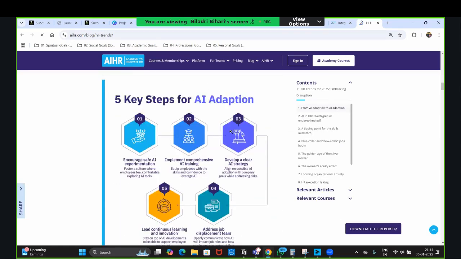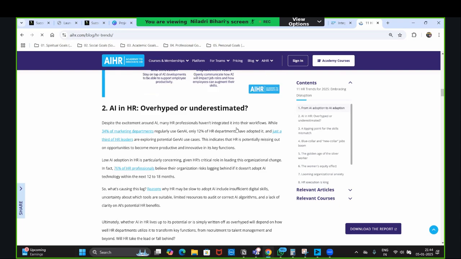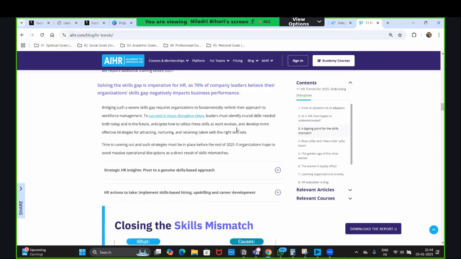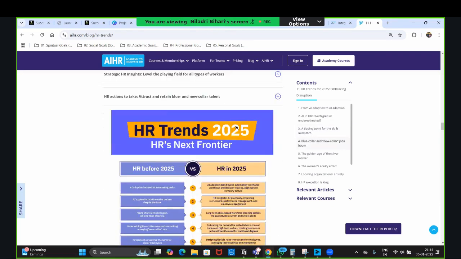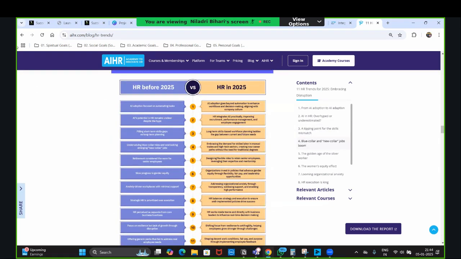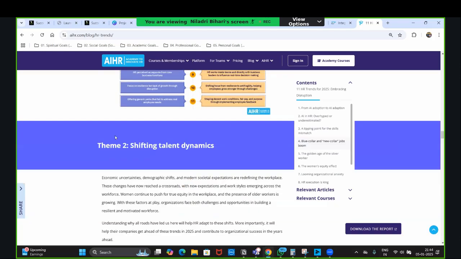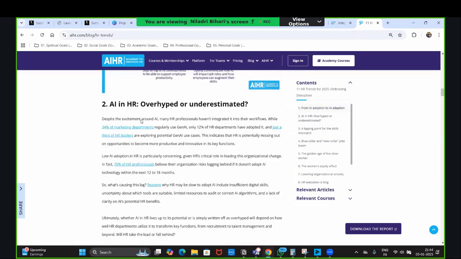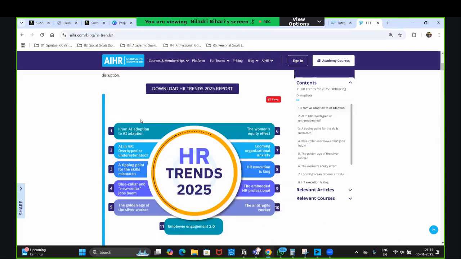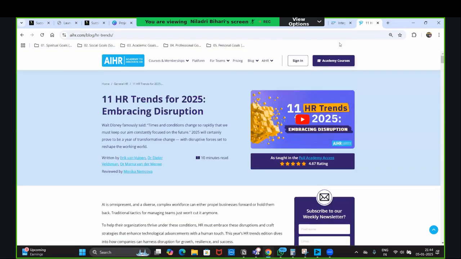They have very well structured templates, well structured content, and also research based. It's not like a random thing. Based on some research, they came up with such kind of a solution, such kind of a template. This is something I've invested in my own career, and I always recommend it if somebody asks me. This is one of the good resources I'm following at present, and another one is